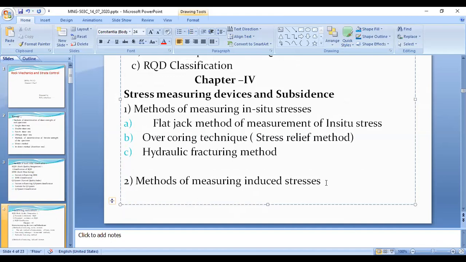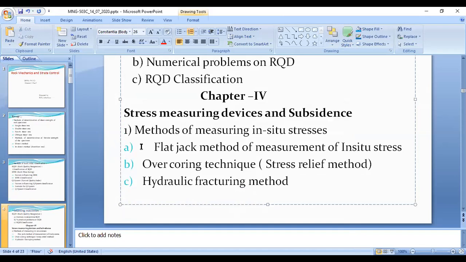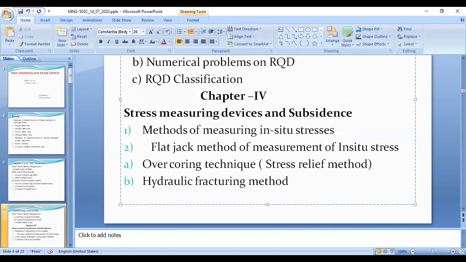So as part of this video lecture, I'll be discussing up to this part. This I'll be covering in the next video lecture. So only these two, flat jack, this must be